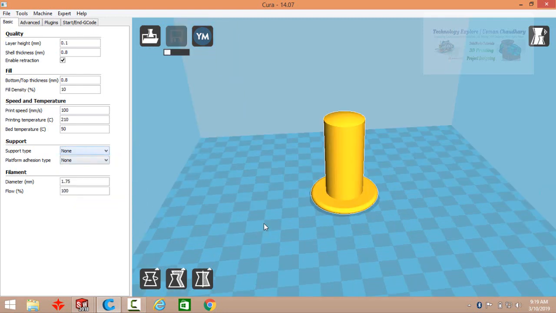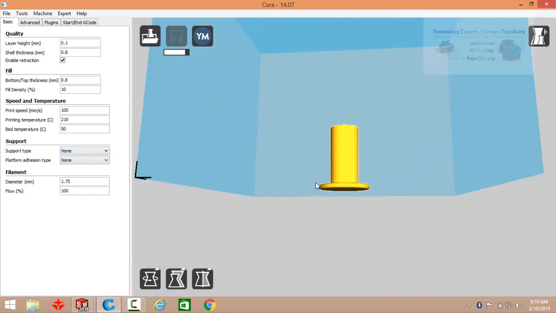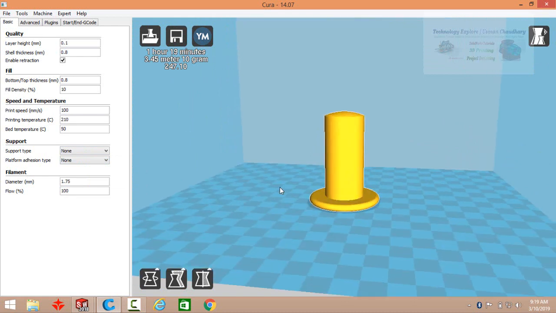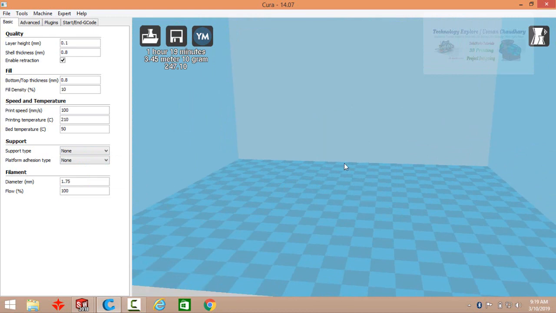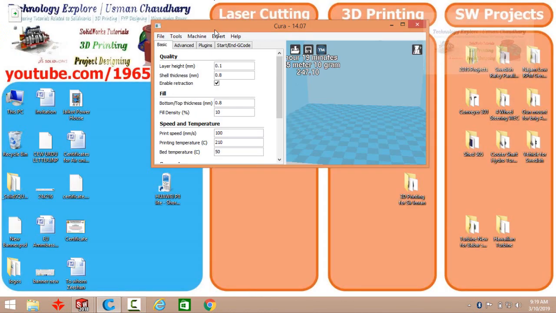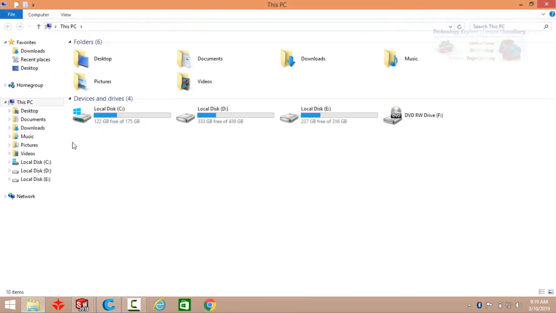Then we have support, and in this model we do not need any support, and in case we have a complex model, for example, if I import some model in the Cura which needs some supports, let me show you.